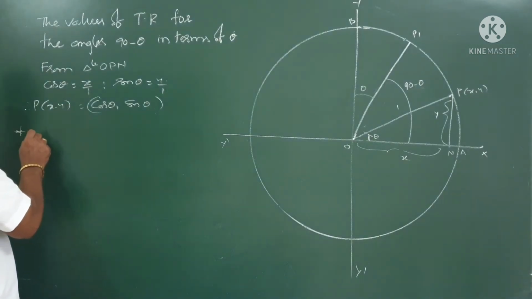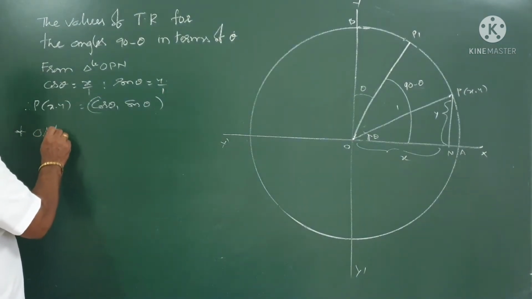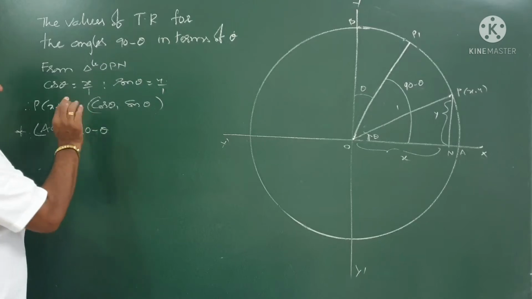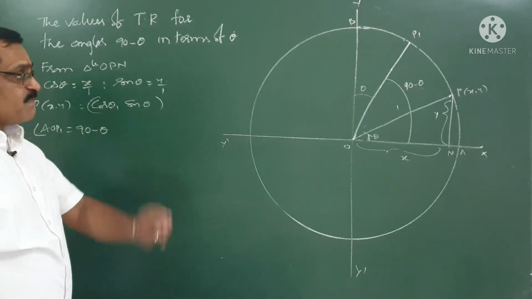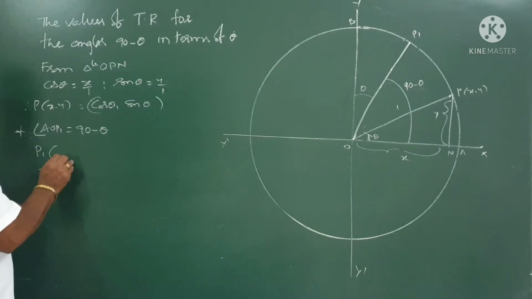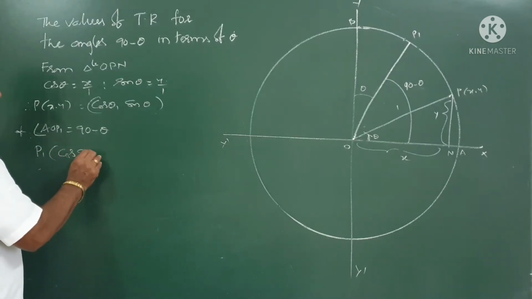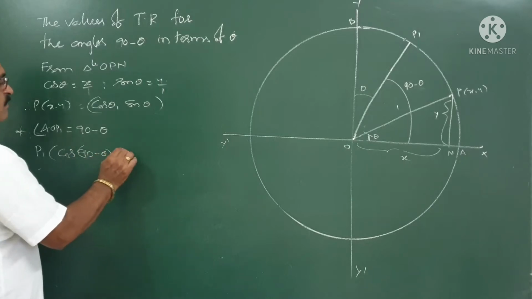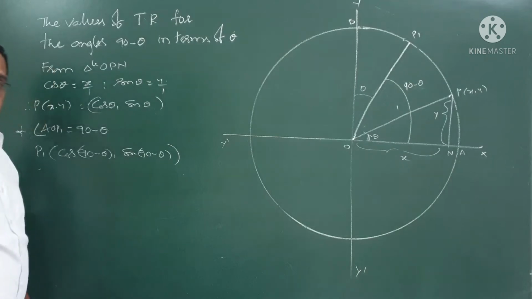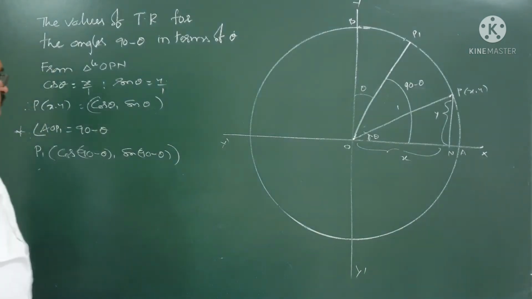Now, OA, angle AOP1 is equal to 90 minus theta. As per the concept, the P1 coordinates are cos of 90 minus theta and sine of 90 minus theta. Okay, now